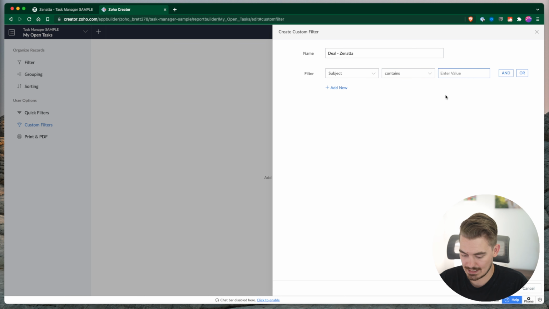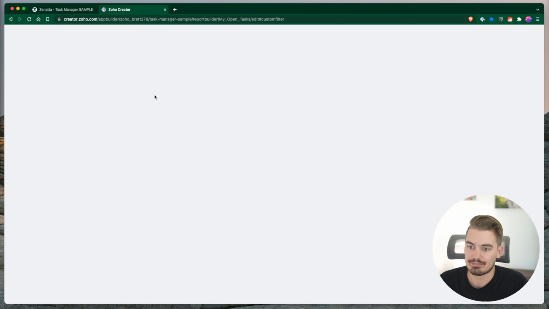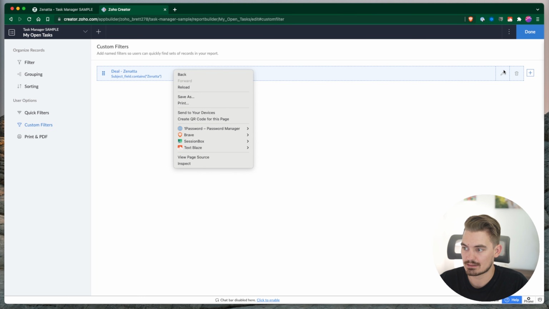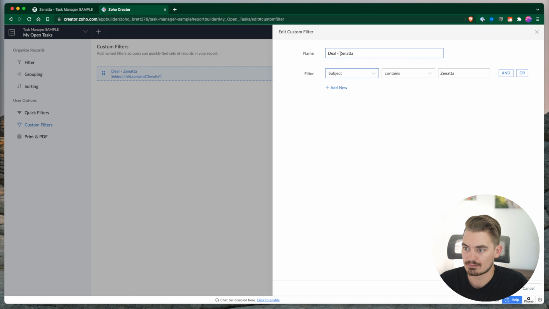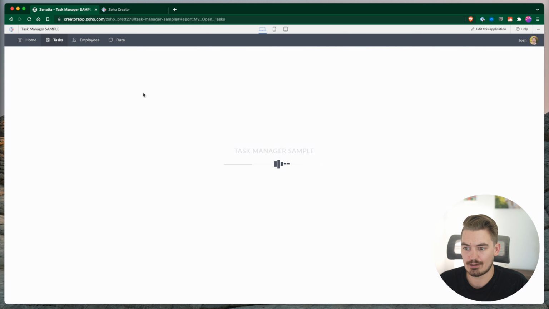If subject contains Zenatta, then I want to see that in a custom filter. And let's just rename this. Okay. If I refresh my page now,